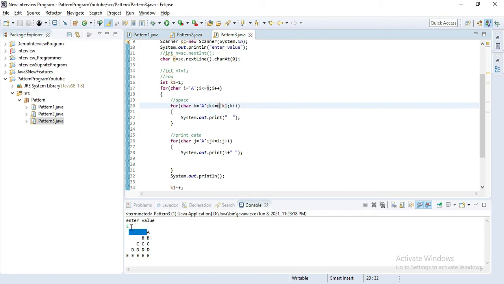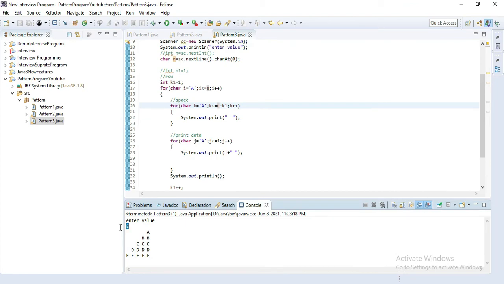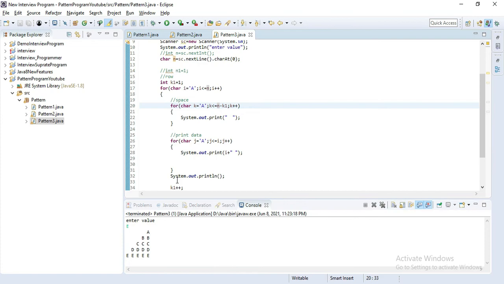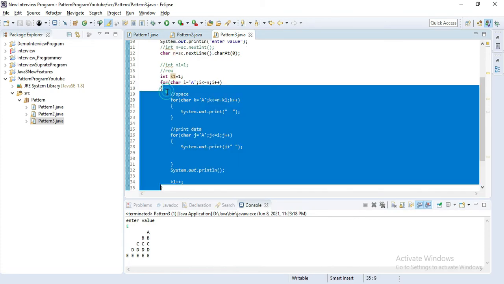We are getting n like e, and we can pass any character. Here we pass e, and e minus k1. In this k1 we simply increment after the end of this for loop.